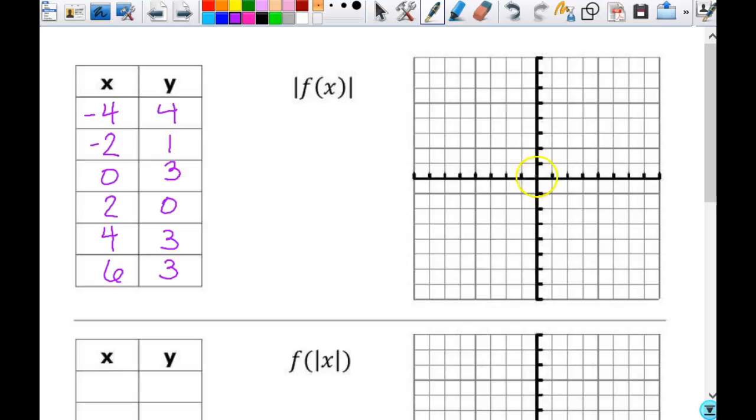So when we plot it, we've got negative 4, 4, negative 2, 1, 0, 3, 2, 0, 4, 3, and 6,